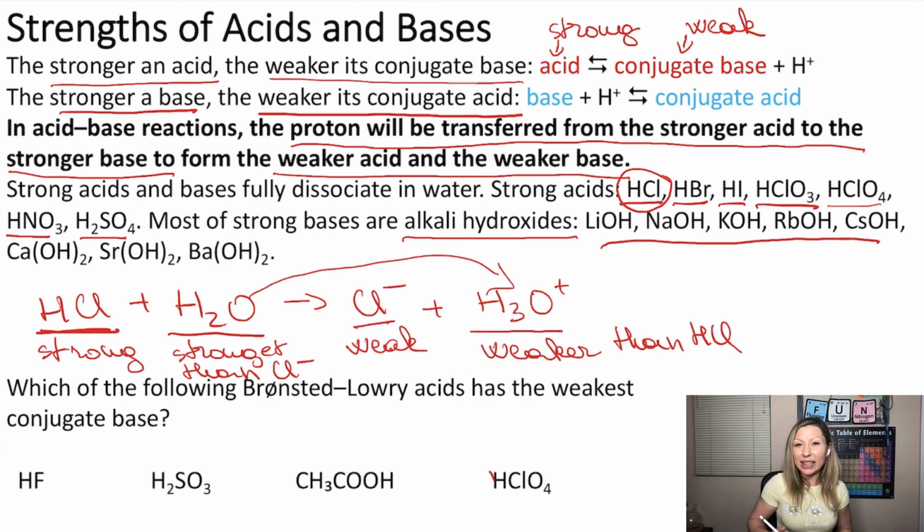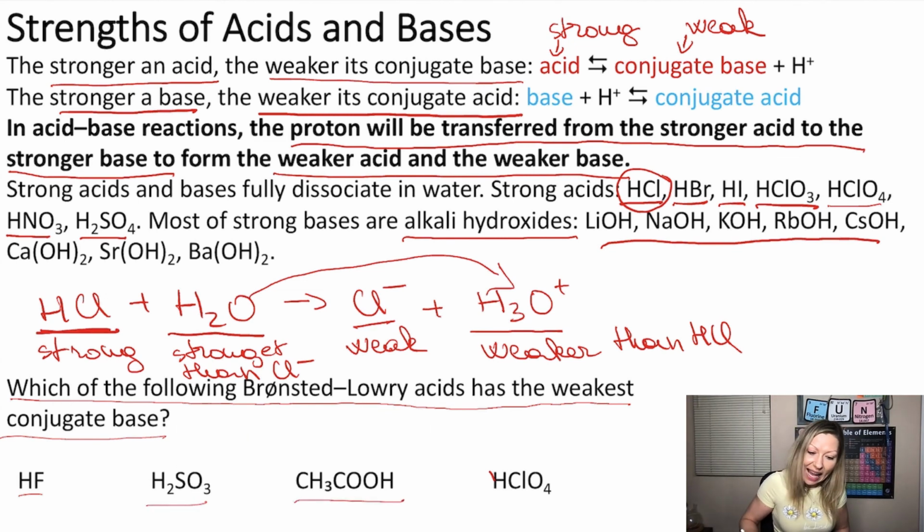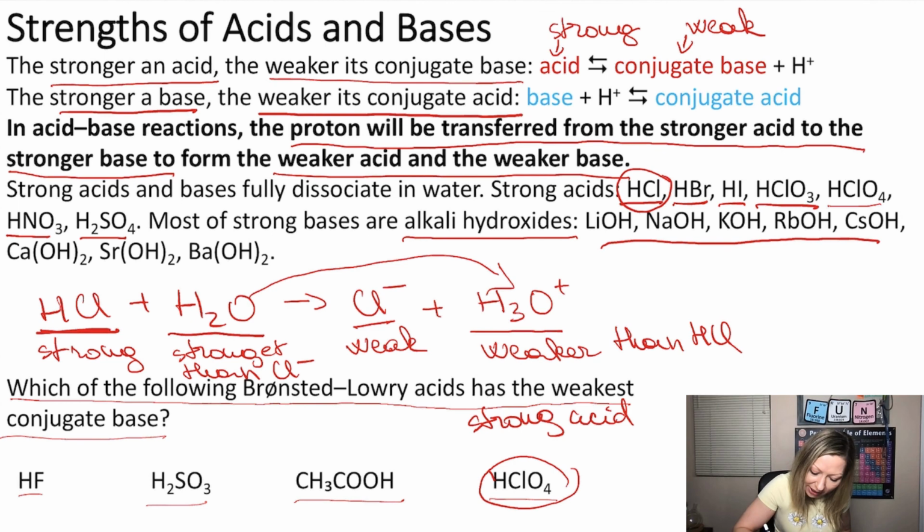Now, let's take a look at the sample problem. Which of the following Bronsted-Lowry acids has the weakest conjugate base? So let's take a look at these acids: HF, hydrofluoric acid, sulfuric acid, acetic acid, and also perchloric acid. Which one will form the weakest conjugate base? What do you think? Well, the only strong acid in this list, HClO4 or perchloric acid, is going to be a strong acid to form the weakest